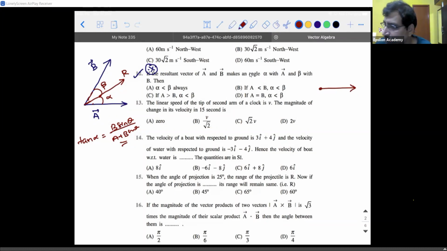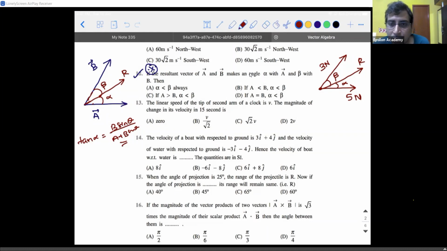Okay, let's say there is a chair where one person is trying to pull it in this direction with a force of 5 Newton, and the other person is trying to pull in this direction with a force of 3 Newton. The resultant of these two will be something like this, such that the resultant makes an angle alpha with the 5 Newton force and beta with the 3 Newton force. Now I need to frame a relation between alpha and beta, for which my parallelogram law of vectors is going to help me. So there is an important rule in parallelogram law of vectors.